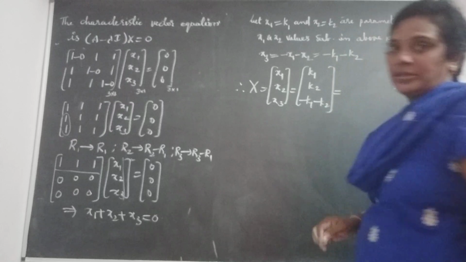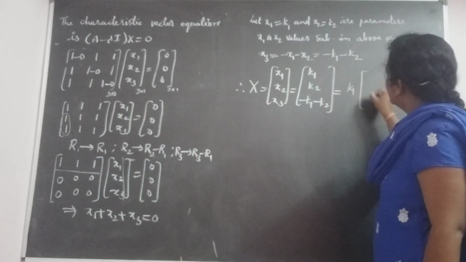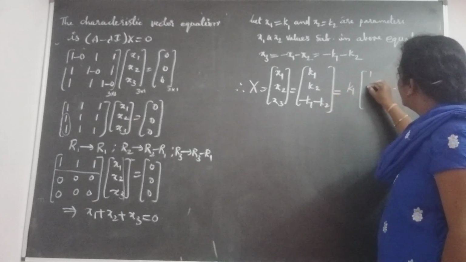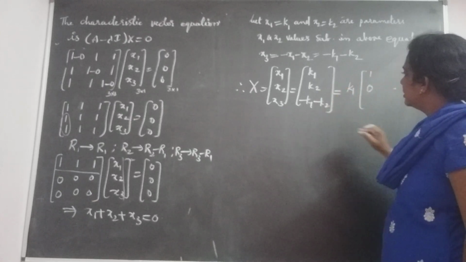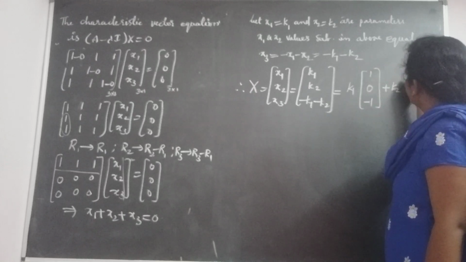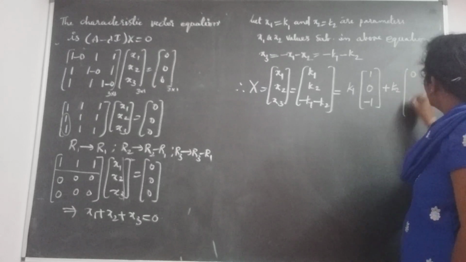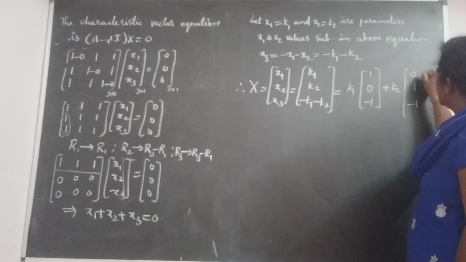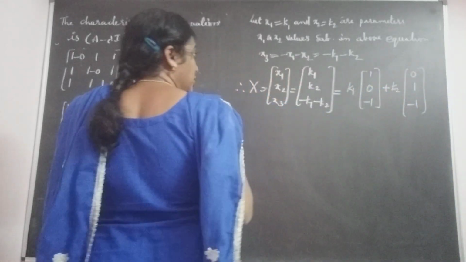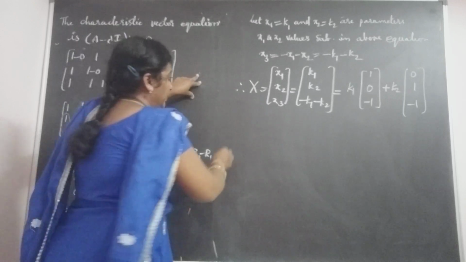In this matrix, we can take the k1 parameter outside, then it is 1. In the second row, no k1, 0. In the third row, minus 1. Plus k2. In the first row, the element is 0, no k2. Here 1, here minus 1. Therefore, here [1, 0, minus 1] and [0, 1, minus 1] are the